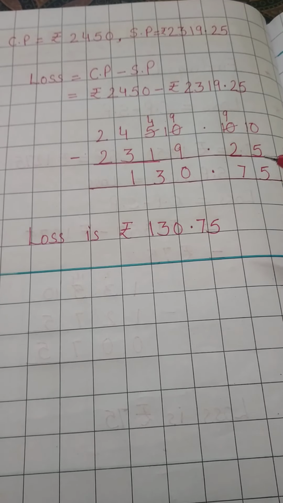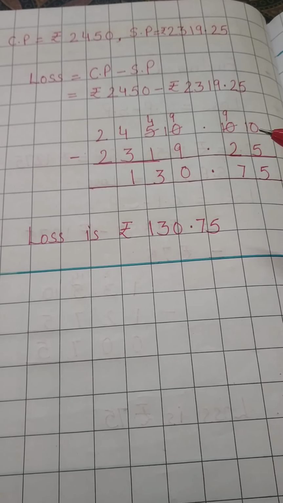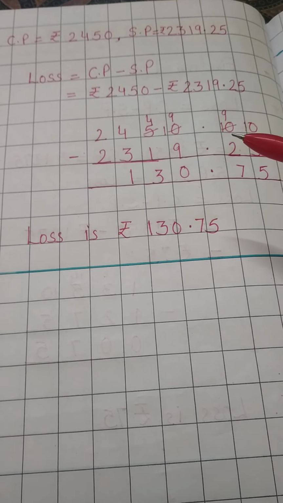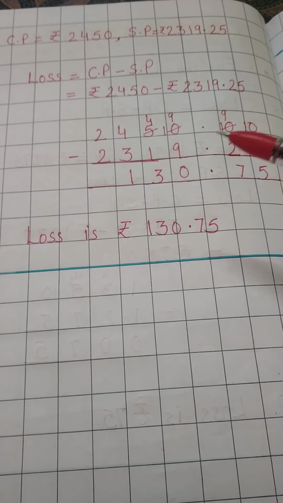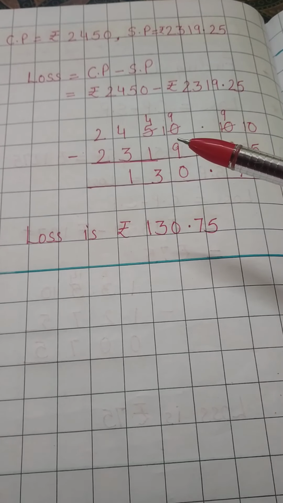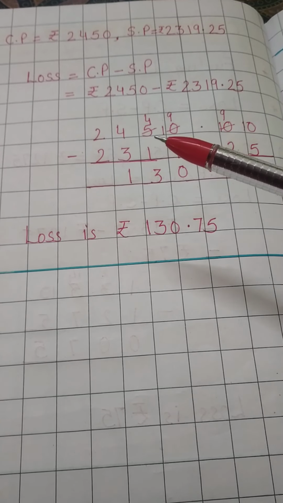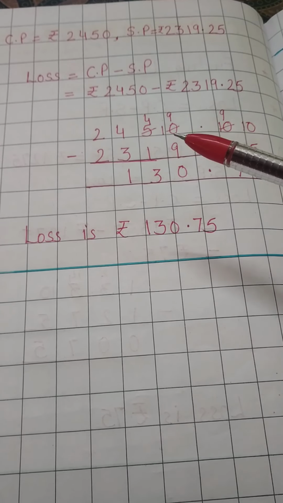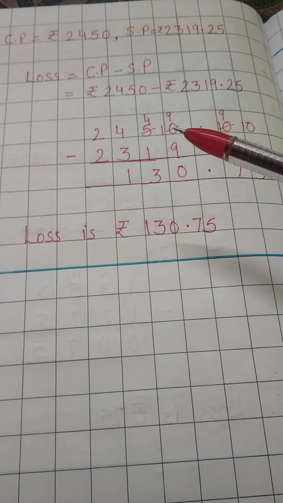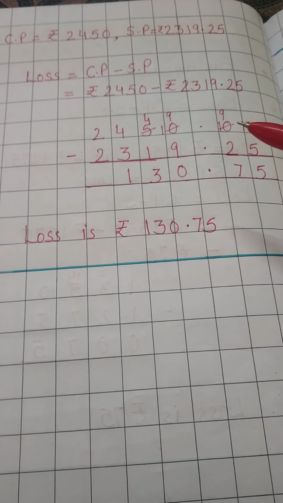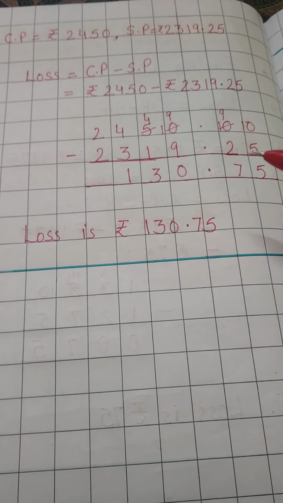See, 0 and 5. 5 cannot be subtracted from 0, so we will borrow, right? Then it will become 10 because it was earlier 0. It will borrow from this 0, and this 0 is again 0, meaning nothing, so this 0 will borrow from this 5. So 5 will become 4, it will become 10, and 10 will become 9 because it gives 1 to this 0. Then this will become 9. Okay? Then you will do the calculation.